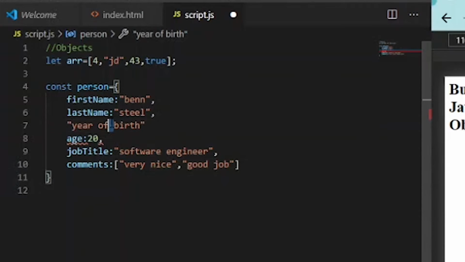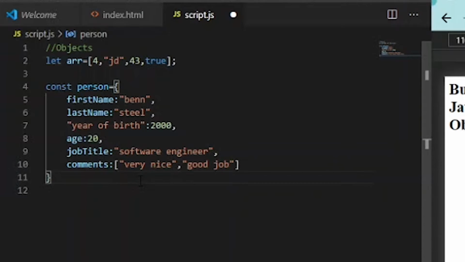We have a space over here. So whenever we have a space, we have to mention it in quotes. And after the end of each property statement, you have to use a comma and go to the next. So this is how you can create an object.